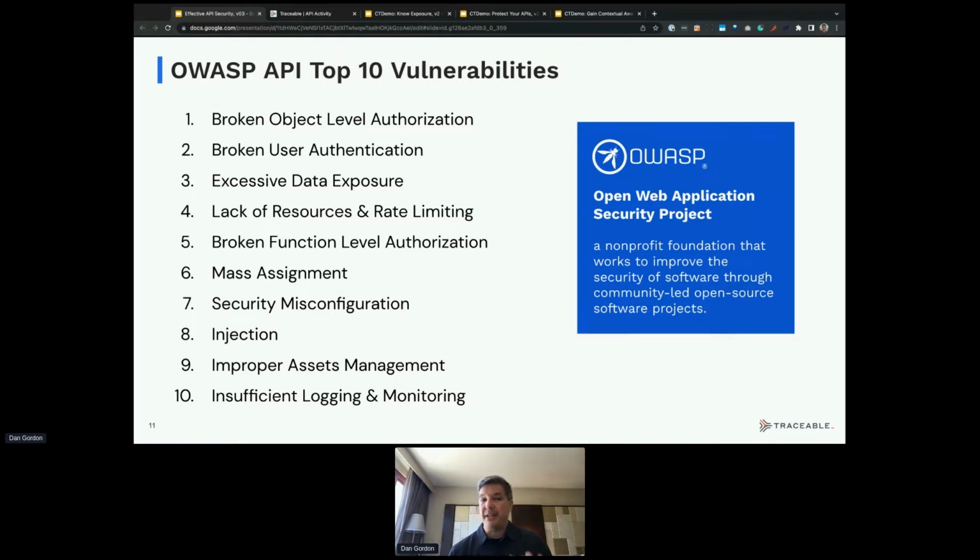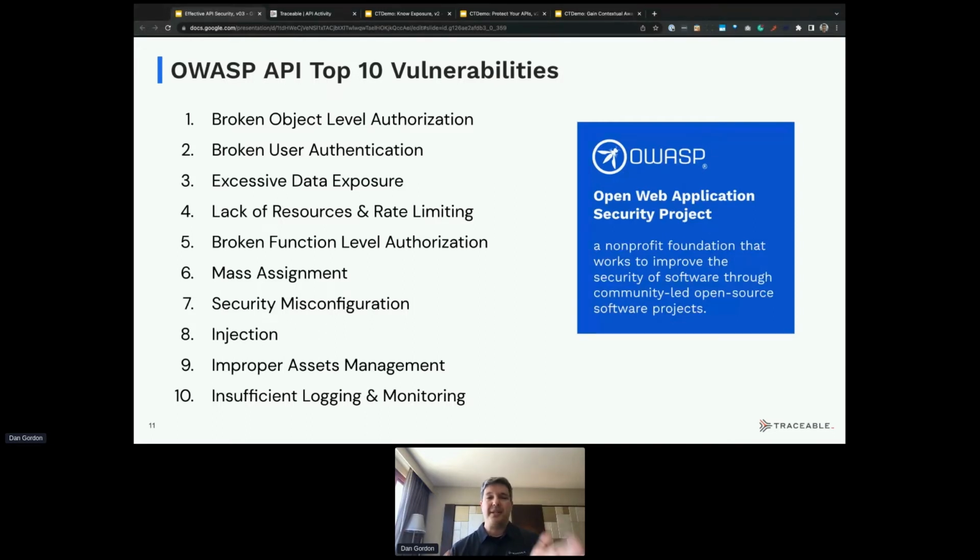They have a list, the OWASP web top 10. And not that long ago, in 2019, they came out with the OWASP API top 10 vulnerabilities. These are the top 10 vulnerabilities for APIs. And that should tell us something.